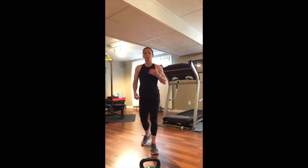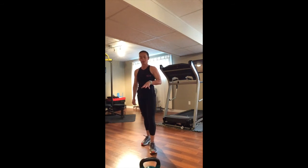So our next set of exercises combine bench press and plyometric push-up. So for your bench press, you can do one arm separate from the other, or you can do two hands depending on the weight that you have, your own capabilities,